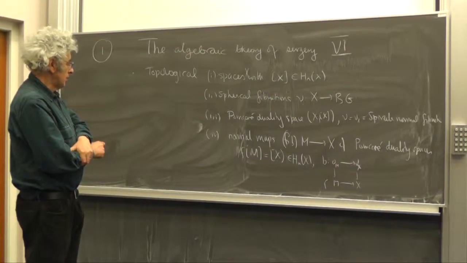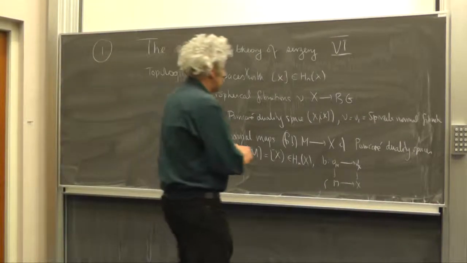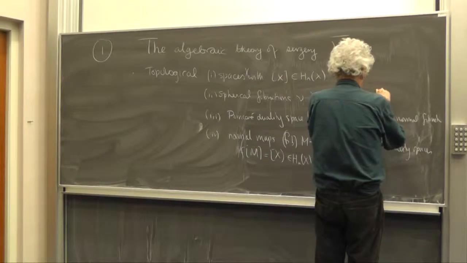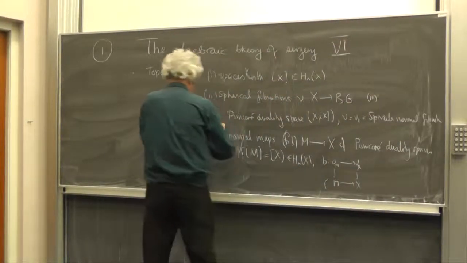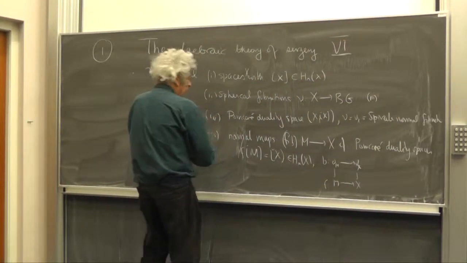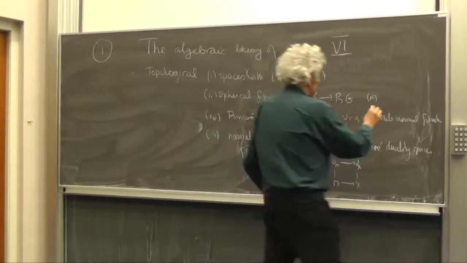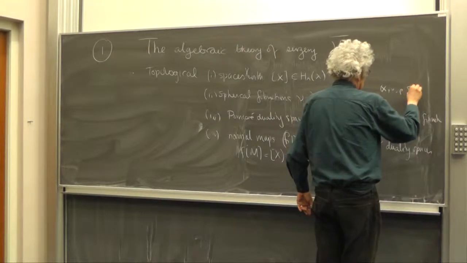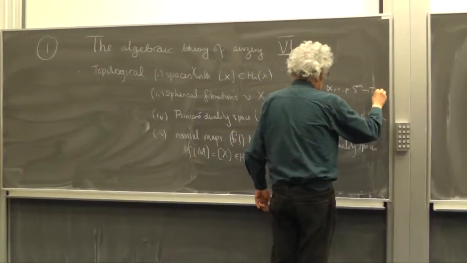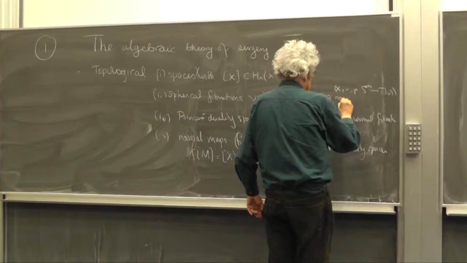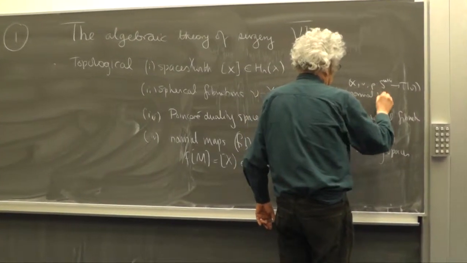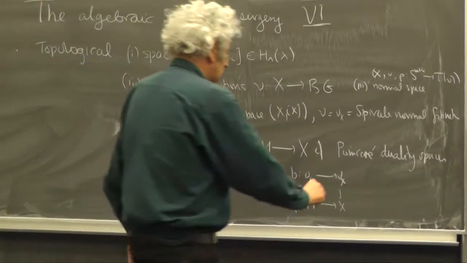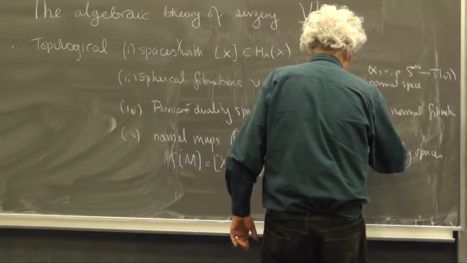I missed out one. 2 prime. I really want to have 3. So I'm sorry, I should mess this up a bit. 3 will be X, nu, rho. Well, this is a normal space. And the Poincare duality would have